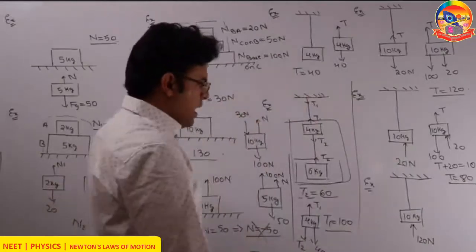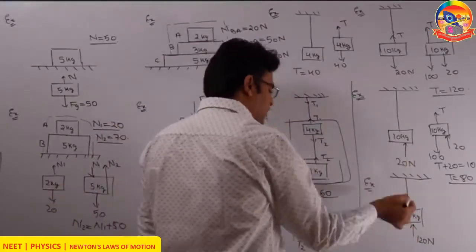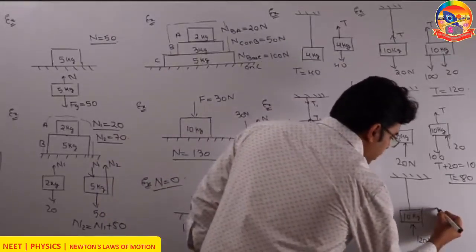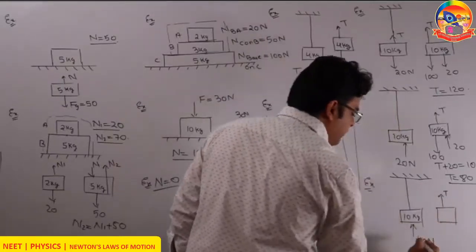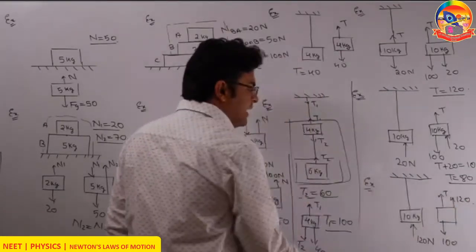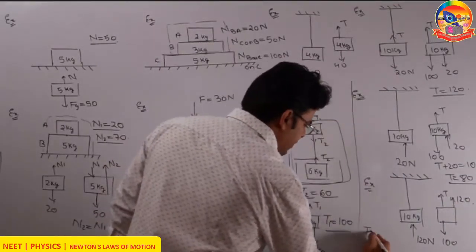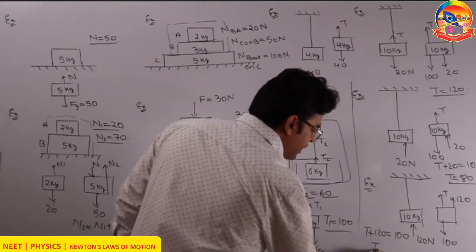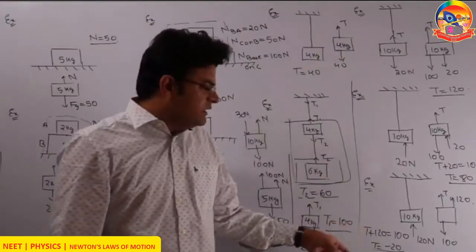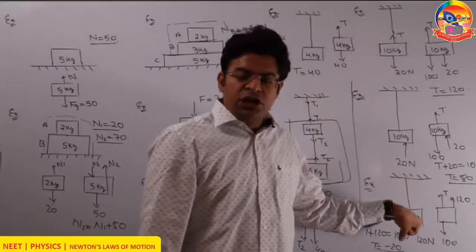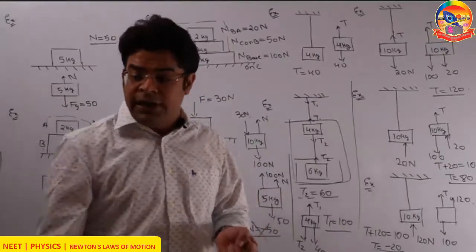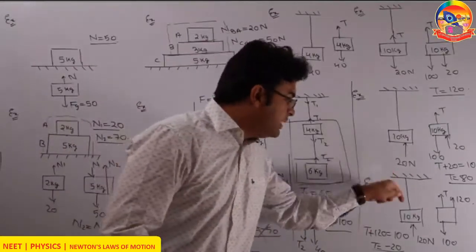Next question. Same block of mass 10 kg, same string, but this time the upward acting force is 120. Now what will be the tension? Again we make the same diagram: tension upward T, weight downward 100, and an upward force of 120. The net upward force equals the net downward force. So T plus 120 equals 100. So T comes out to be minus 20. The minus 20 tells us that the force of tension is not upward, it is downward. So can that happen? No, the force of tension is always pulling in nature. The force of tension can't push this block downward.